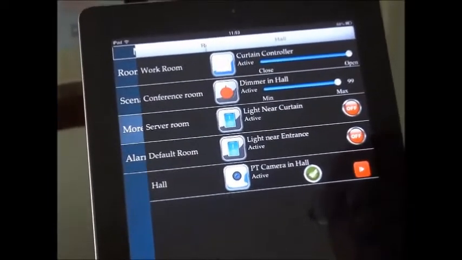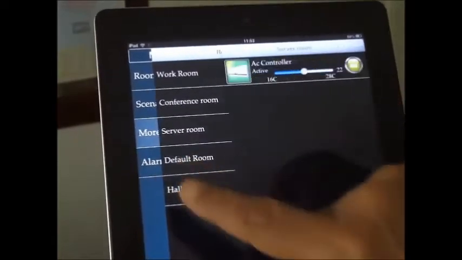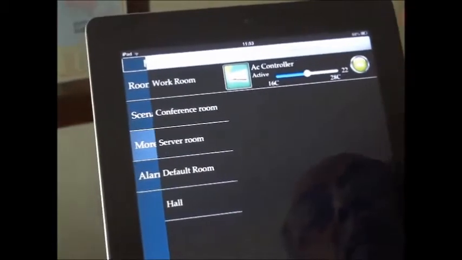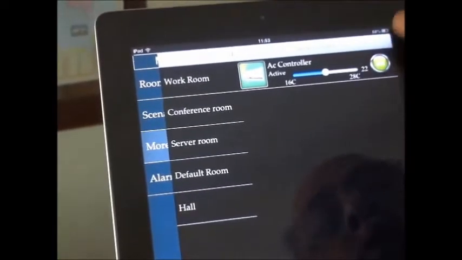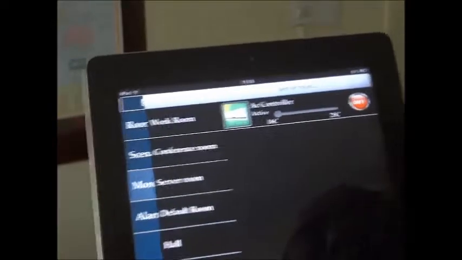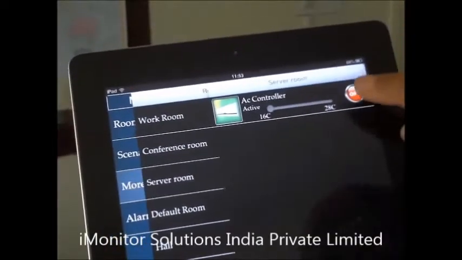Now we can move to another room that has an AC controller, and using the AC controller I can remotely put it on or off. So right now the AC is on. I'm going to put it off, and once it's off I can put it on again